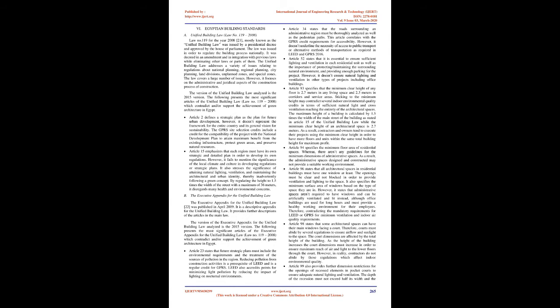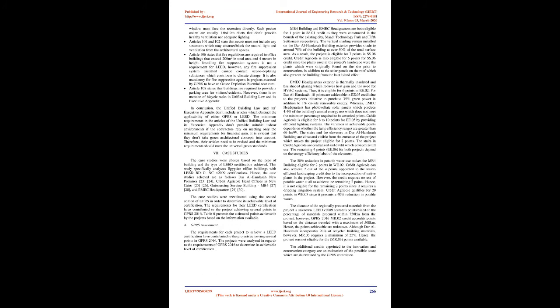The requirements for their LEED certification have contributed to the project achieving several points in GPRS 2016. Table 6 presents the estimated points achievable by the projects based on the information available. GPRS assessment. The requirements for each project to achieve a LEED certification have contributed to the projects achieving several points in GPRS 2016. The projects were analyzed in regards to the requirements of GPRS 2016 to determine its achievable level